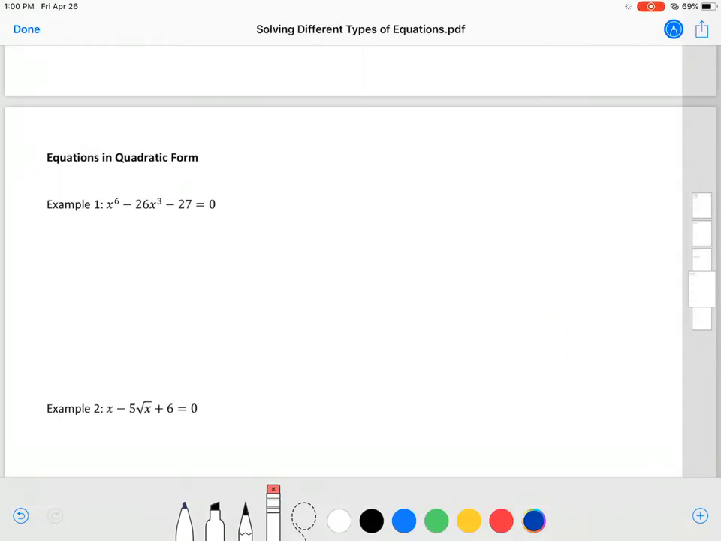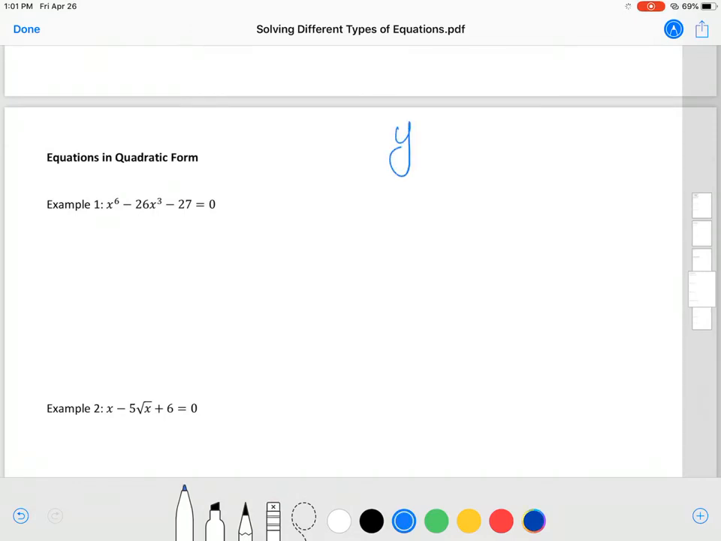Okay, in this video, we're going to talk about solving equations that are in quadratic form. Now, in quadratic form means it might not necessarily be a quadratic, but it might look like it's a quadratic. And what I mean by that, to explain this, let's go back and look at